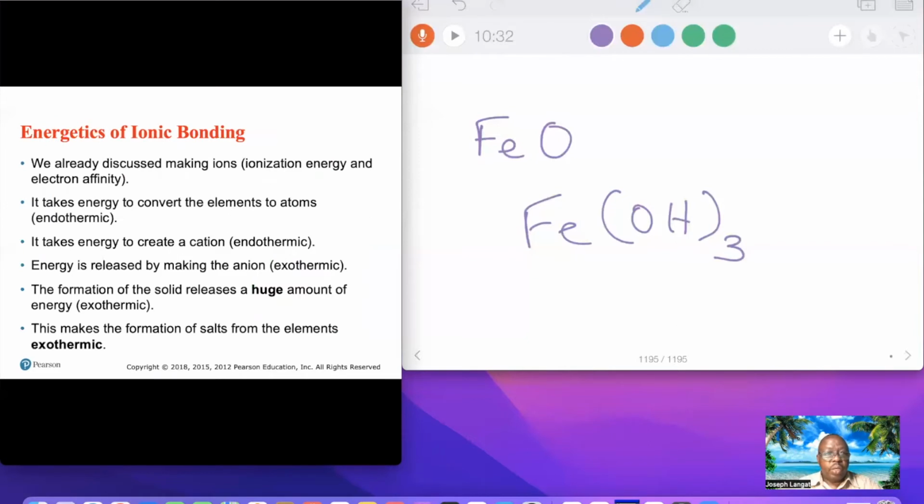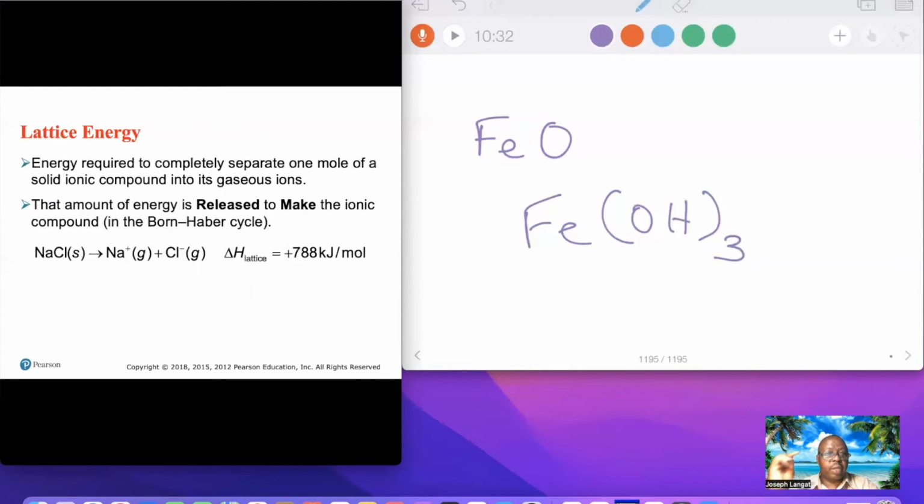Now, formation of an ionic compound is highly exothermic. They give away heat. Energy is released, all right? And the energy required for this we call